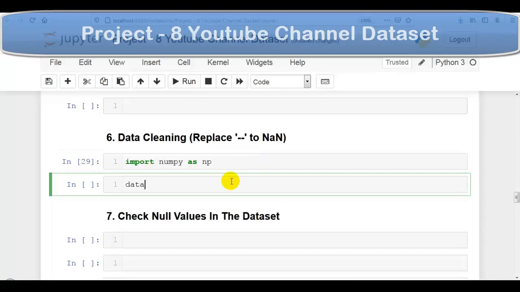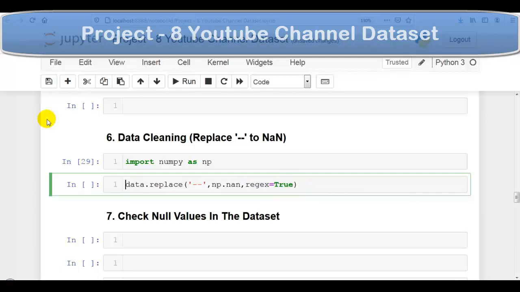Now data.replace, I am going to replace this 2 hyphen with np.nan, and please don't forget to set regex to True. So we are going to replace this 2 hyphen with NaN values, so we can drop these particular rows having NaN values, and we have to turn regular expression on by making it True.